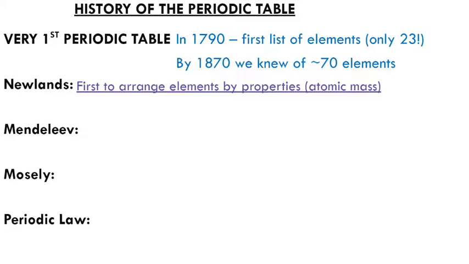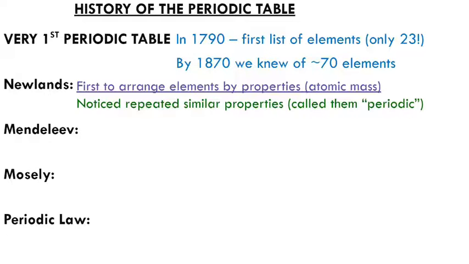And John Newlands was the first person to arrange elements according to their properties. The main property that he used was the atomic mass, because at this point we had the technology to measure precise numbers of atoms in a sample and, of course, mass very precisely with a lot of significant figures. And so we could do the math to figure out the average mass of an atom of a specific element. And so he arranged them from lightest to heaviest, and when he did that, he noticed some similar properties